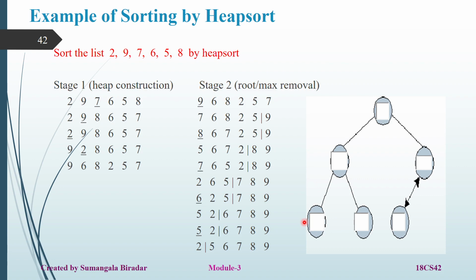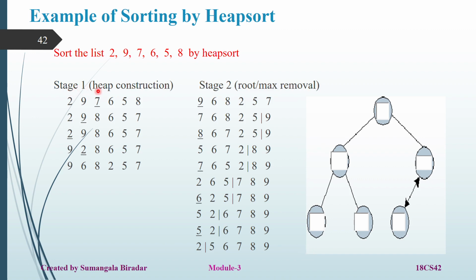A heap tree is a binary tree and it is essentially complete. Essentially complete means that even if it is partially complete, it still works. And the parent key must be greater than the child node. If these two criteria are fulfilled, then you call it a heap tree. So now you already know how to construct a heap tree. After constructing the heap tree, with the help of the root or max removal method, which you also already know, we'll take the help of heap construction and root or max removal to sort the given elements here. Let's see how it works.